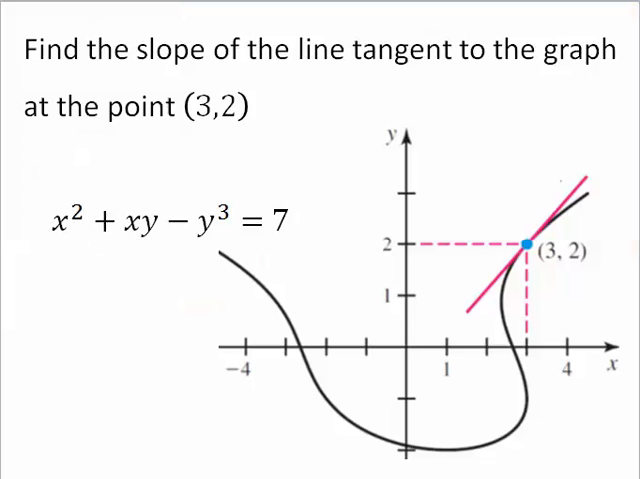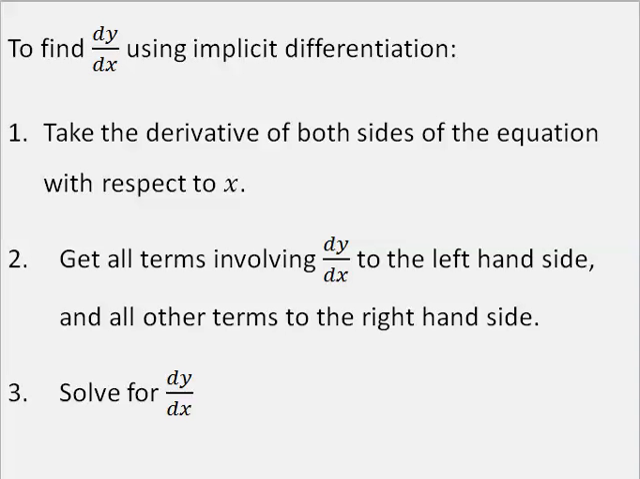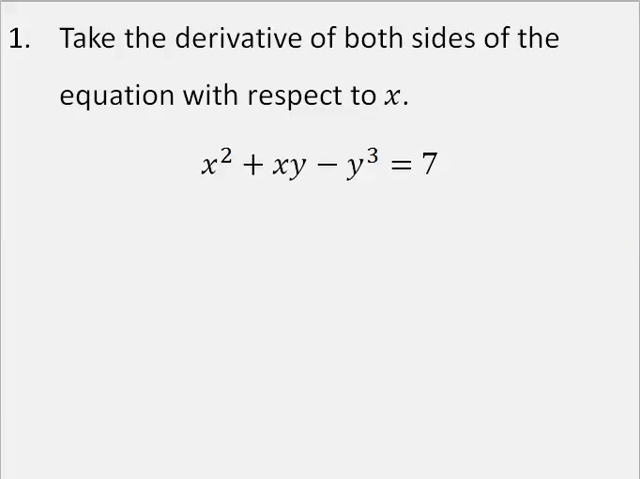Let's find the slope of the line tangent to the graph, a different graph, at the point (3, 2). So let's just run through the steps again. So those are our 3 steps. The first thing I'm going to do is, with my equation, take the derivative of both sides